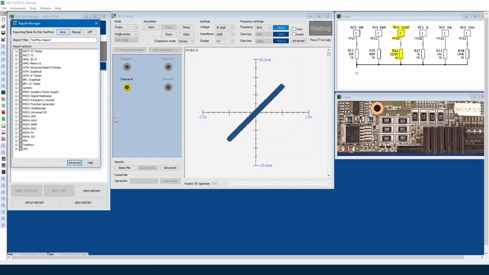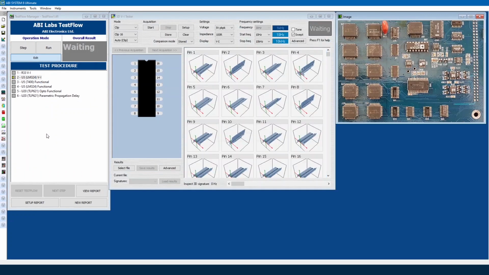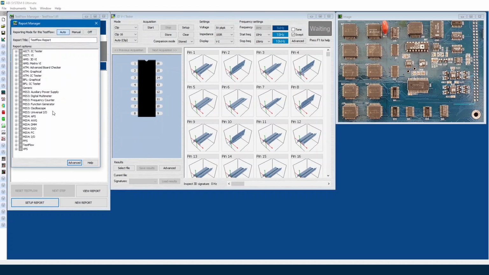For step 1, I am using the 3dVI tester, and it also contains an image of the PCB schematic and also the PCB itself. So I want to see all of the information regarding the AMS3D-VI, so I would like to see the VI data as well as the overall results, so I'm going to select everything. I would also like to see a screenshot of all the open instruments within my report as well, so I will select Capture Open Instruments. For step 2, similar to the previous step, I want to select all of the options available with the AMS3D-VI. And I also want to see the screen captures as well in my report.